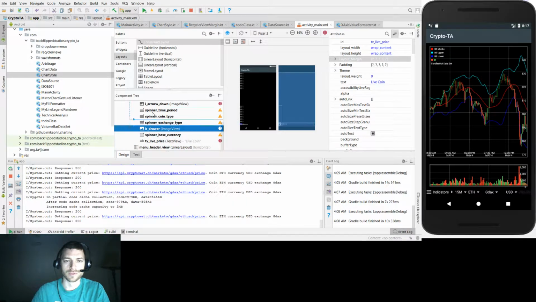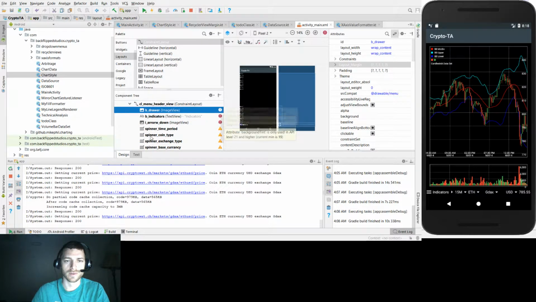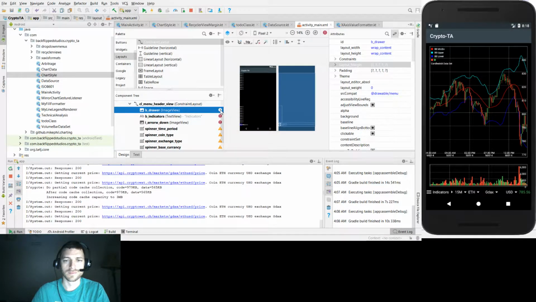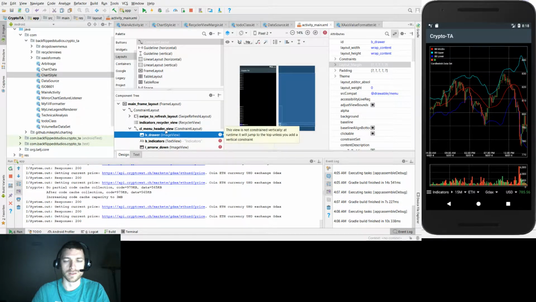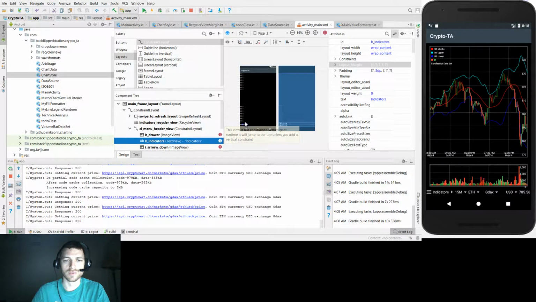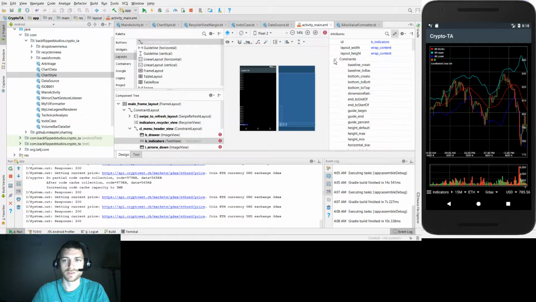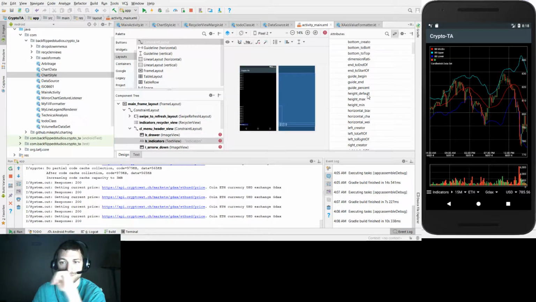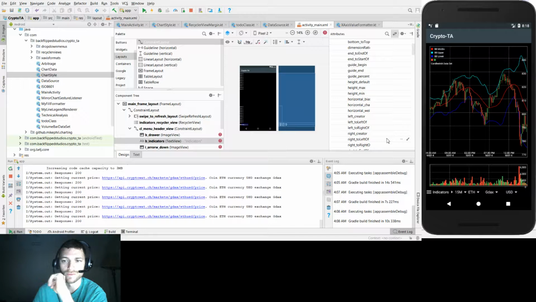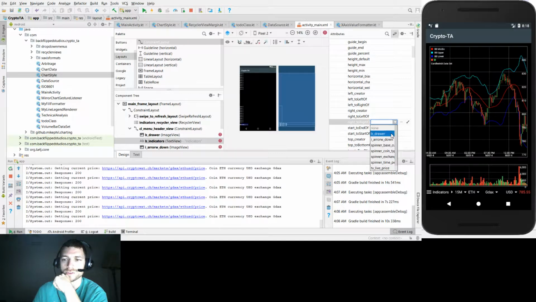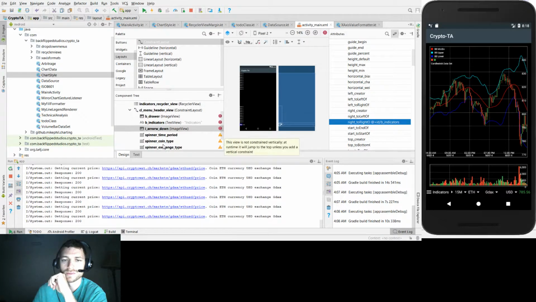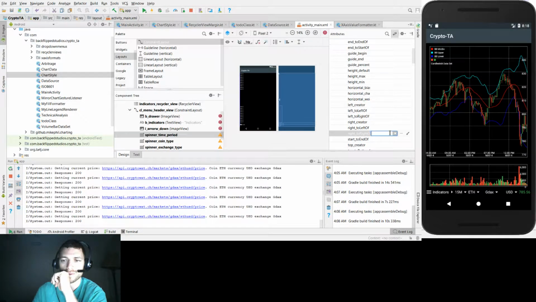I have the drawer. The drawer needs to be right there. And so this is going to be indicators, it's going to be constraints, right to the B drawer, and this is going to be right of the B indicators. It's going to be right of the I arrow. This is going to be the right of